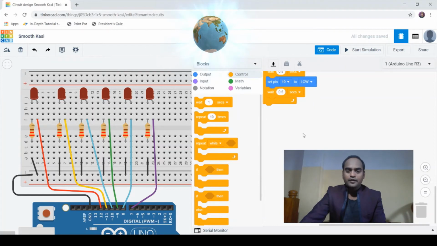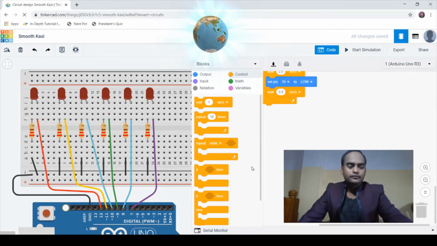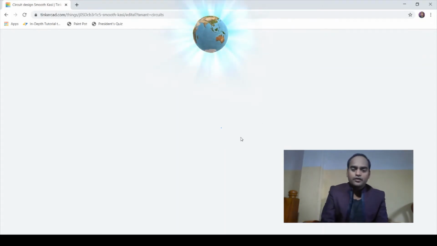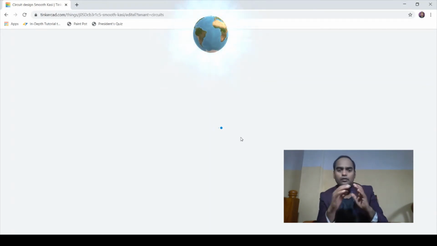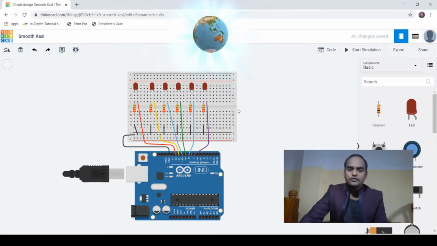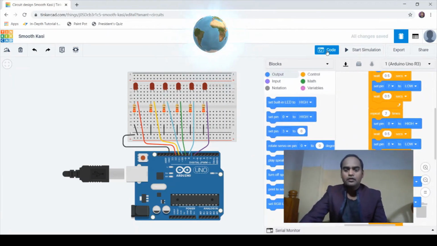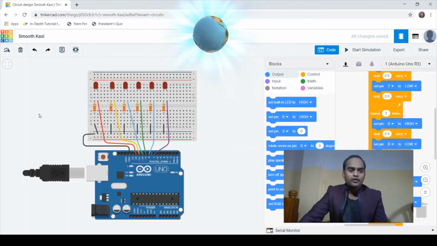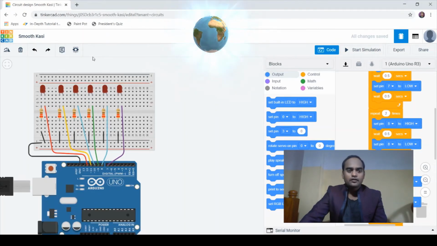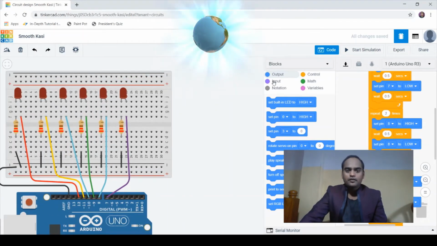Okay, fine. So here we are, and let me quickly upload it once more. Sometimes it happens while you're writing code, due to network issues or something. Tinkercad is an online simulator. We need not download any kind of software. This is all an online simulator. We write code and make the circuit all online. Okay, fine. So here is the circuit on the left side, and on the right we are writing code.